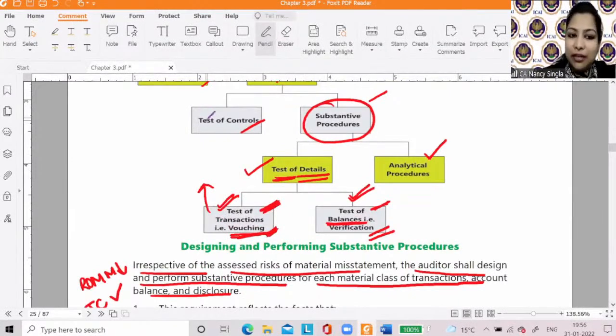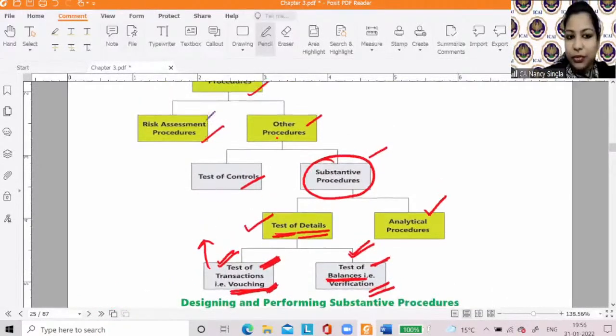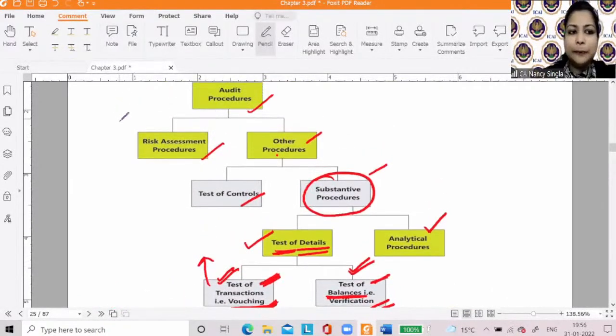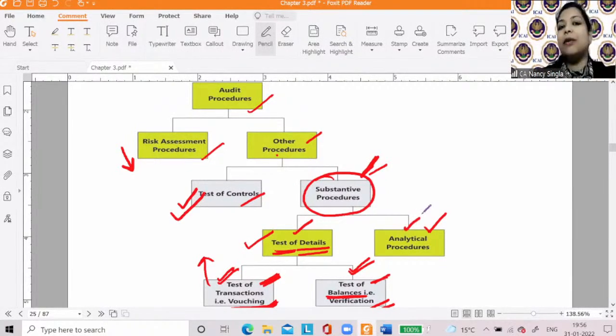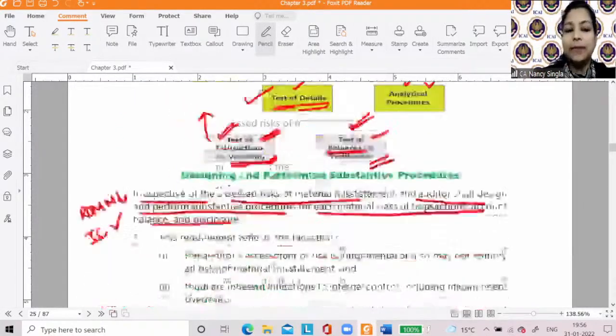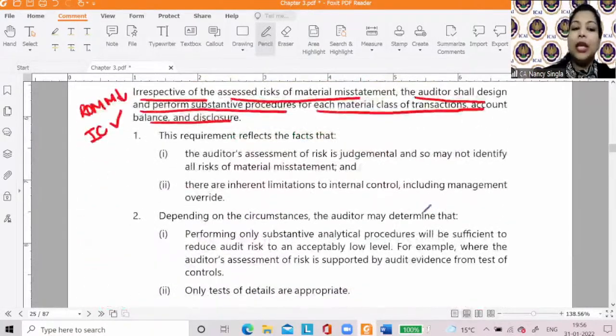ठीक है. तो even if, let's try to understand from this diagram, it will help you see. Even if the assessment of risk is less, ठीक है, risk है ही नहीं, internal controls are very good, then also substantive procedures perform तो करना ही पड़ेगा. टेस्ट ऑफ डिटेल करो, एनालिटिकल करो, और एनी कॉम्बिनेशन, कैसे भी करो, it depends upon the auditor's professional judgment. ठीक है. Why? Because, see, the auditor's assessment of risk is judgmental and so may not identify all risk of